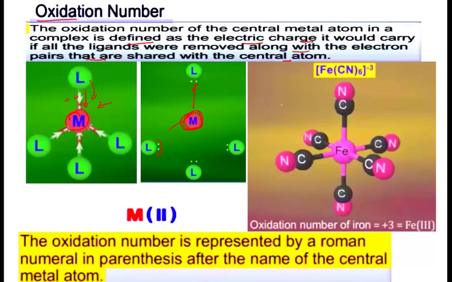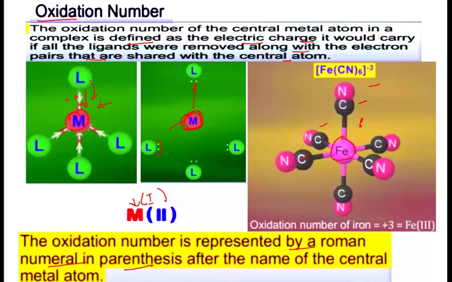Right? How to represent oxidation number? Oxidation number is represented by a Roman numeral in parentheses. So do remember, it has to be written in Roman letters in parentheses after the name of the central atom. So the central atom name, this is the rule, followed by parentheses, and then we will write the Roman numeral. Now let us take an example of [Fe(CN)6]3-. So the central atom is Fe and 6 cyanide. The coordination number will be 6, right?